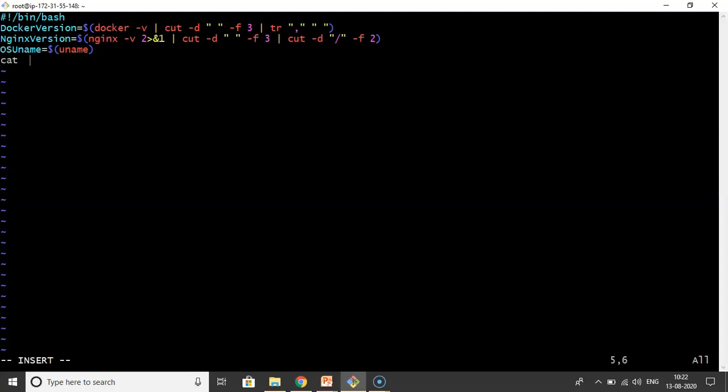So simply I am using cat. First I am writing docker version. So simply docker version I want to display. Then nginx version.